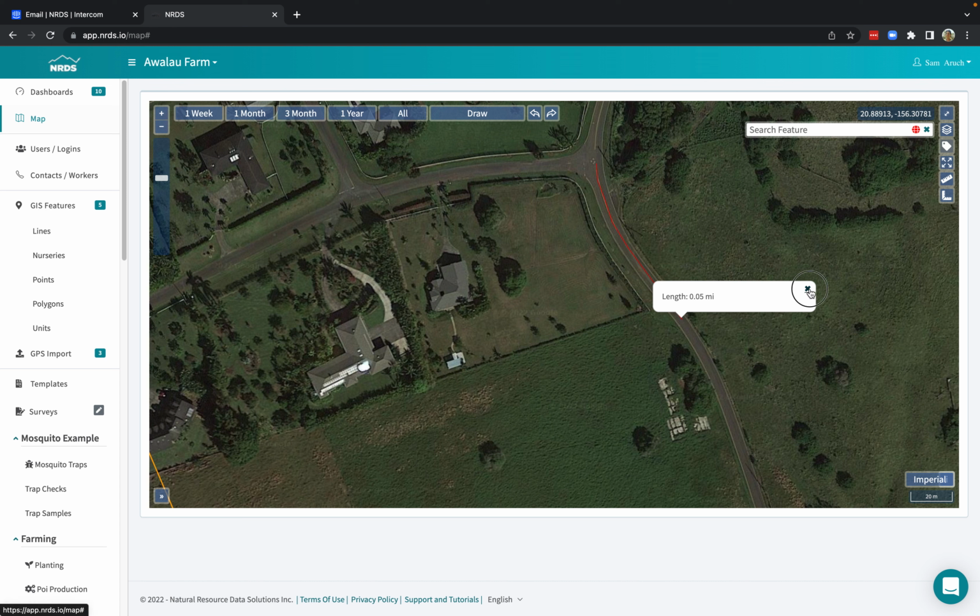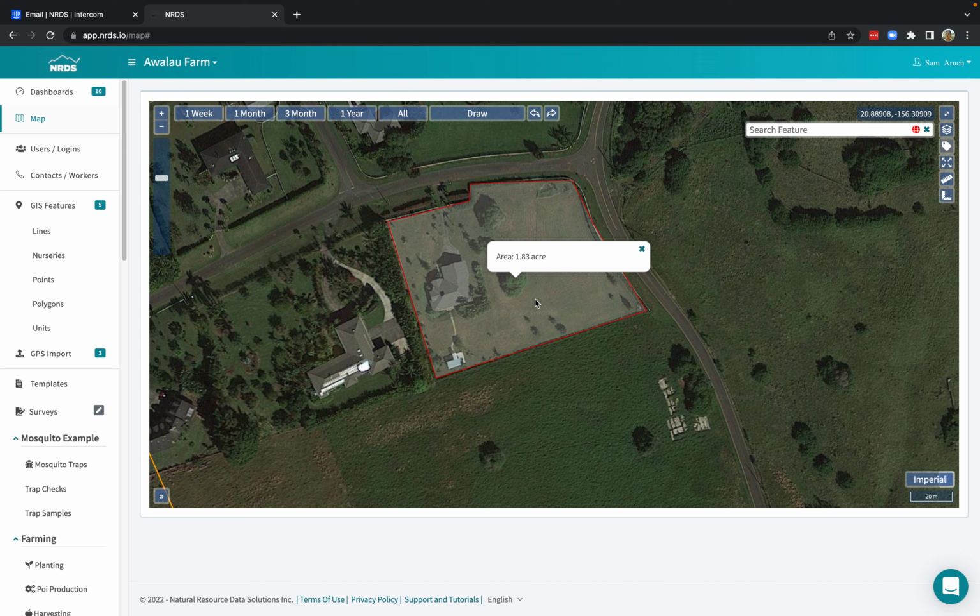The area tool works much the same way. I can click this area measurement tool and I can draw the area around which I want to measure, and I can double click and it gives me the total area. So that's a quick overview of how to use the measurement tools that we've recently added to the NRDS web